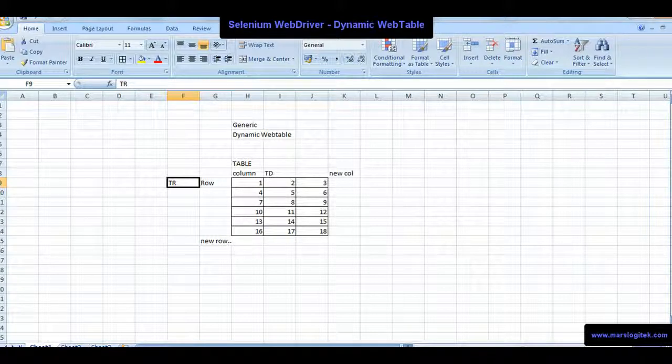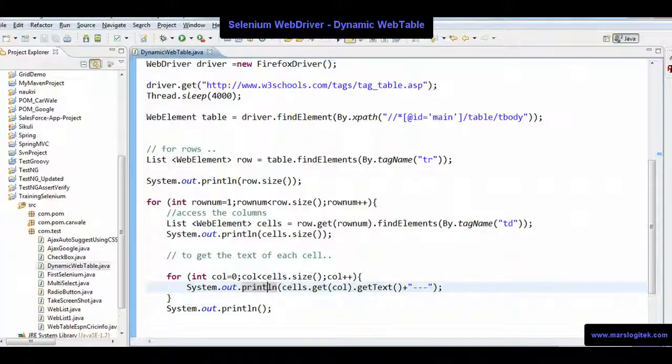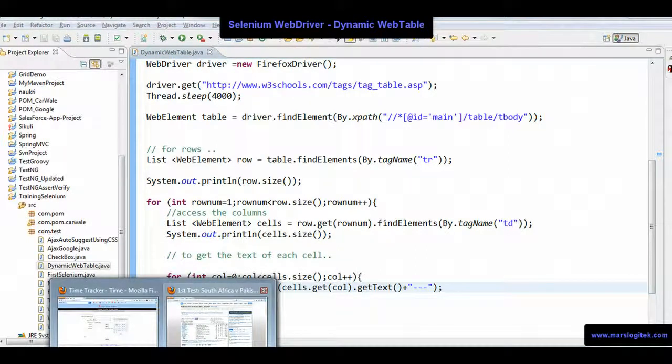So this will be very dynamic in nature. It's very dynamic code. I don't care about how many columns, how many rows are coming up. So I don't care about any of these things. So this code should work for any kind of application. Okay, it's taking some time to load.